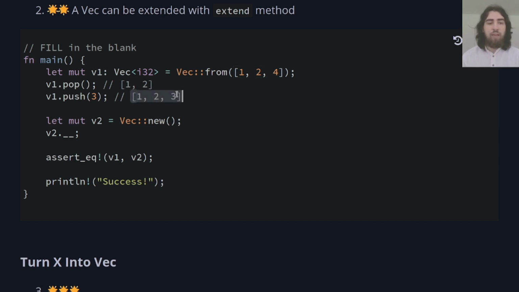Meaning we have a vector holding 1, 2, 3. Now over here again we are initializing an empty vector. Now as you can see, we want v1 and v2 to be exactly the same. So what we can do is using the extend method and providing it the v1 vector,